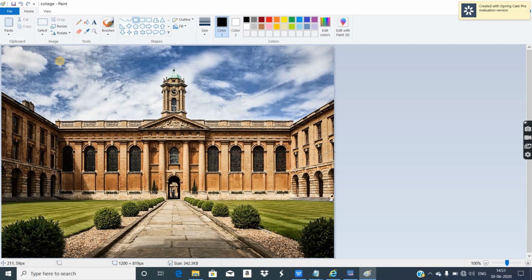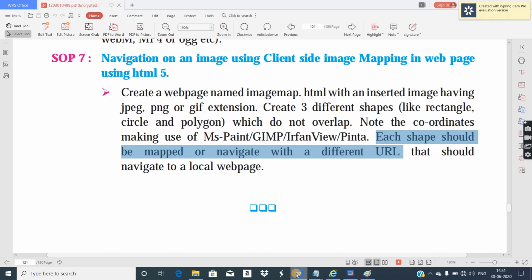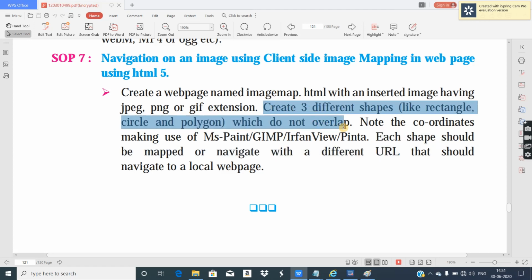For now I'll draw the shapes for you. I have selected this oval tool and dragged and dropped in this area. And in the question clearly it is said the hotspots should not overlap. Yes, see. The three different shapes should not overlap.